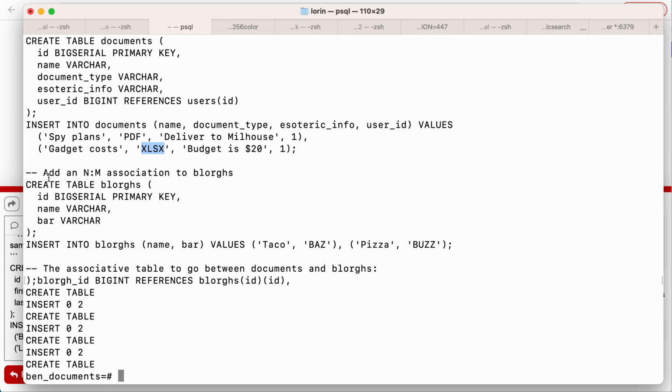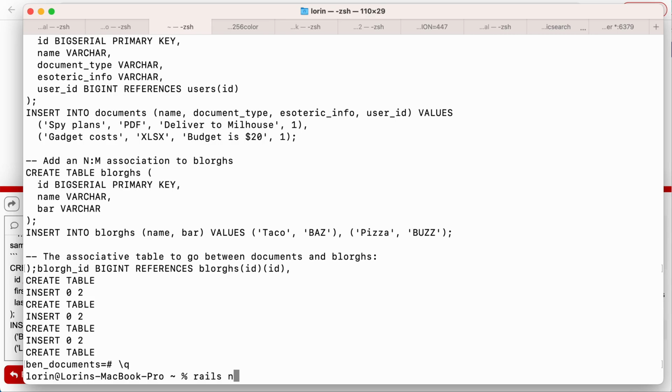And these last couple tables are just for a tagging sort of thing, a many-to-many sort of thing. So blorgs could be as if it were tags, and then this could be an associative table, back and forth. I think that's about it. Anyway, let's now do a Rails new